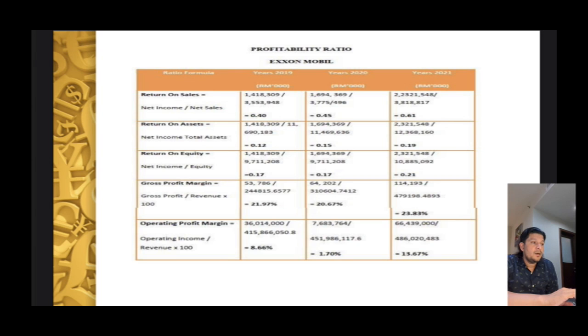And return on equity, net income over equity, for ExxonMobil for 2019 is 0.17, 2020 is the same 0.17, and for 2021 it increases to 0.25. It's good for the company. And gross profit margin for 2019 is 21.97%. For 2020 is